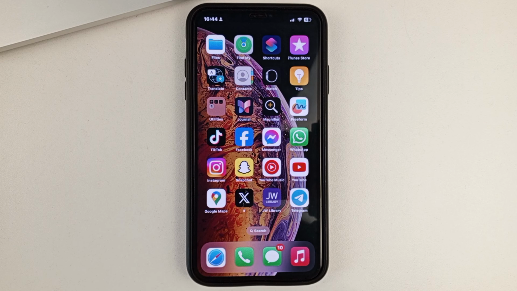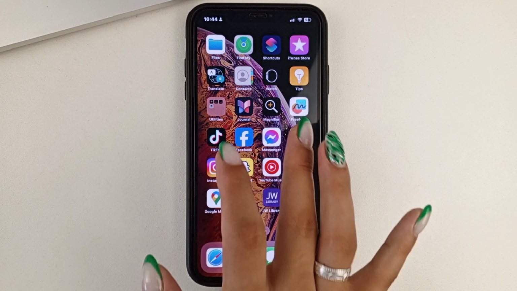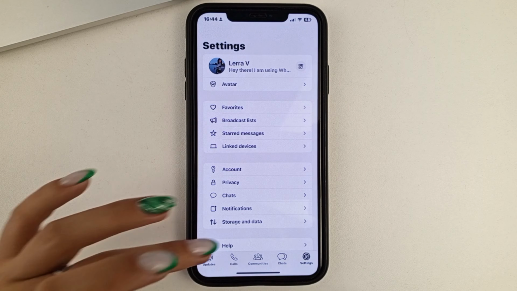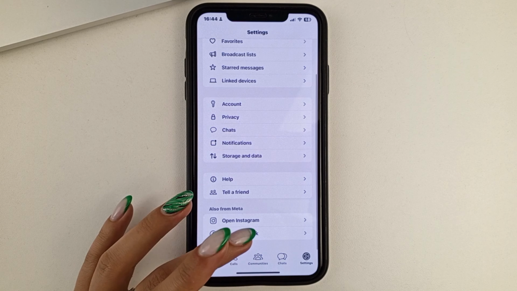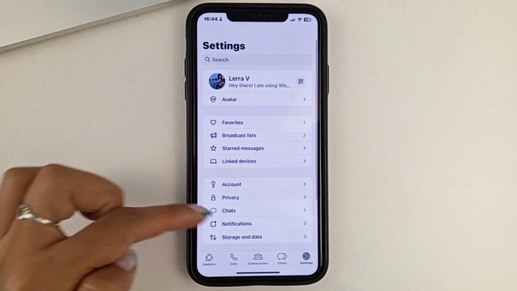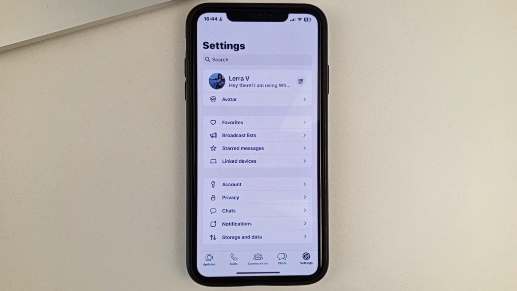And let us get down to our topic. Let's say that if you have WhatsApp in English, as I do, but you are not very comfortable using this language, you want to change something in the settings. Then, unfortunately, from the settings in WhatsApp, you can't do that on the iPhone.